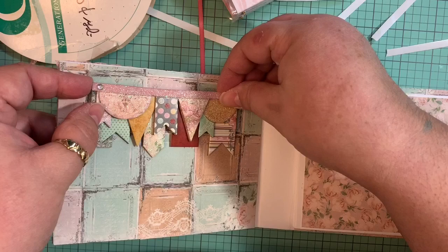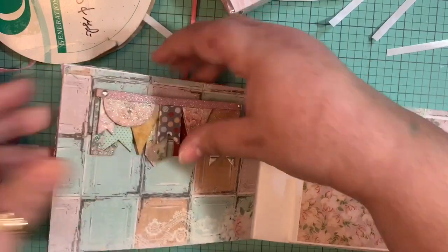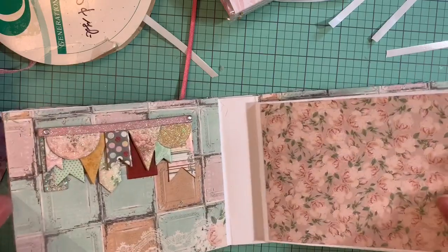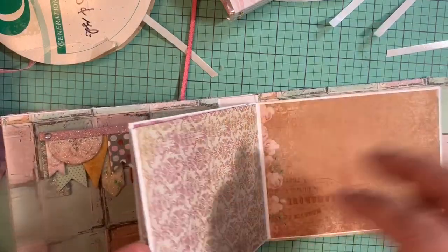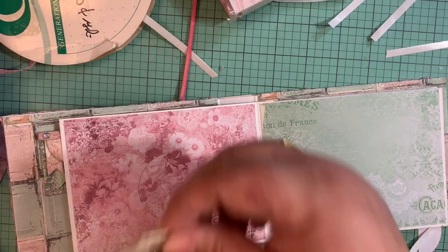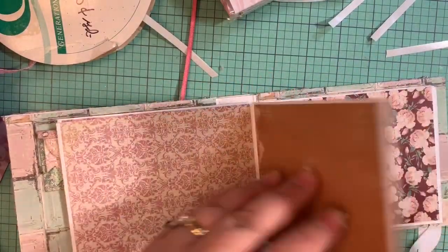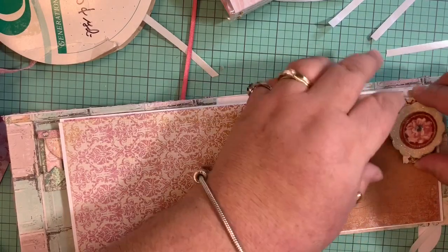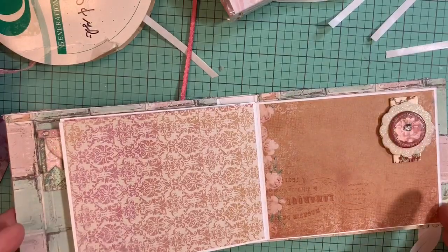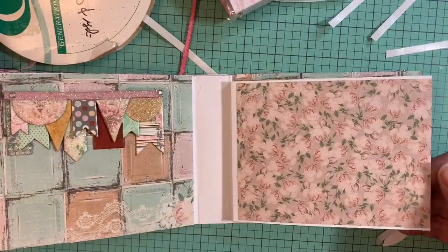So look how pretty. Now I'm putting the banner that came in the chipboard kit that I got from the Bo Bunny collection. I'm not going to decorate every single sheet of paper, because I just want to leave a space for my pictures. Now I'm looking for a page where I can put that, and I think I'm going to put that there because it contrasts really well and it looks nice. So I put that there, and